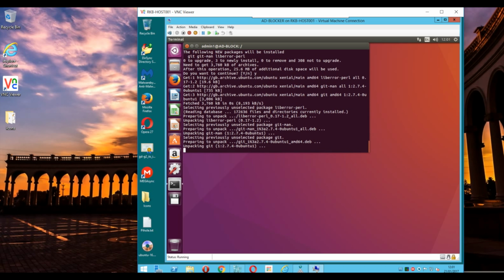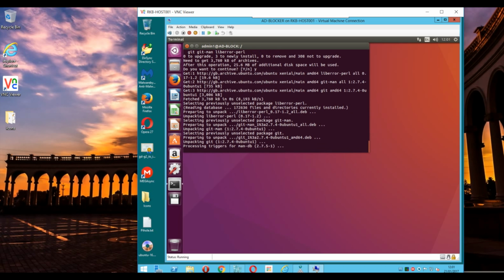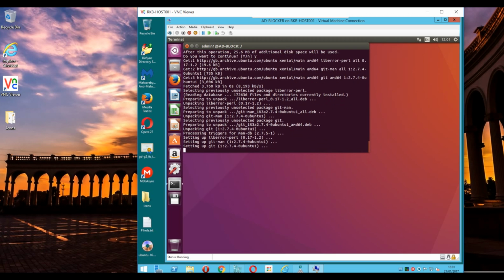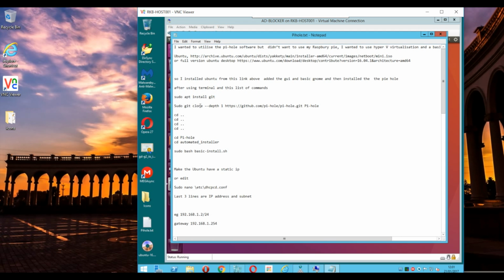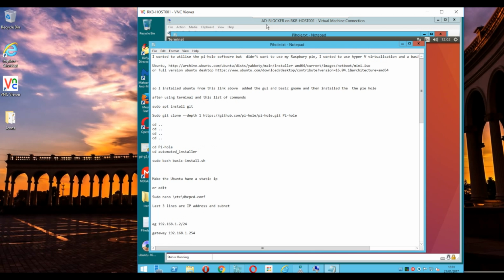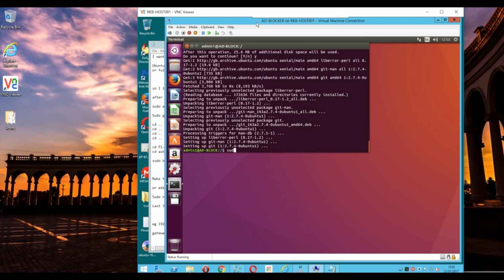Now, when that command's installed, we should be able to download Pihole from the GitHub repository. Well, I'm just going to open up this file on my desktop so I can remember the command. So it is this command here we're going to run next. Right, so it is sudo git clone